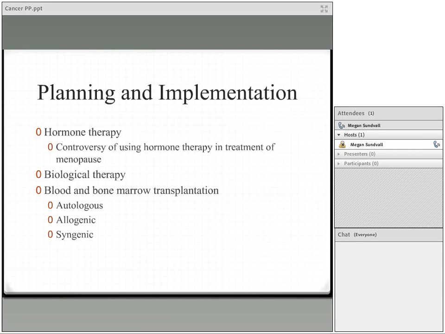Graft versus host disease is another problem. That's with the allogenic transplant, or transplant from another source. So the white blood cells from the donor are recognized as foreign and cause a severe immune response. And we're talking severe. So you're going to see skin, liver, and intestinal problems. Treatment for this is cyclosporine and prednisone as the immunosuppressive therapy. And then the donated stem cells can be treated to remove white blood cells,